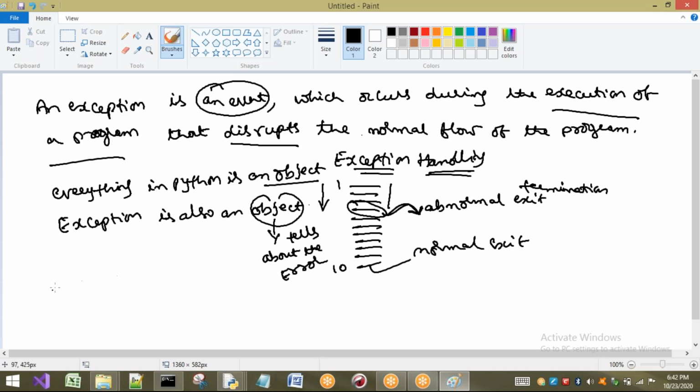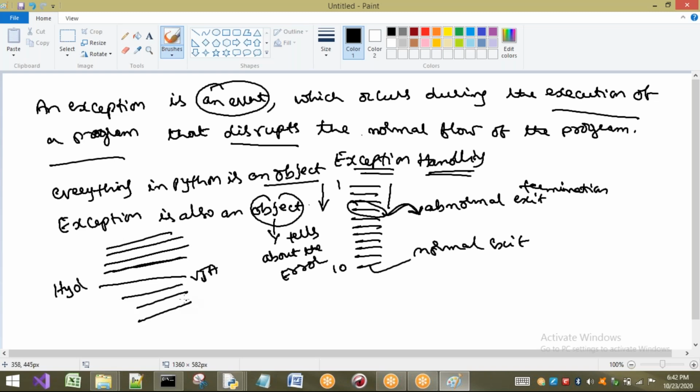Listen carefully. I am going from Hyderabad to Vijayawada. At least once a week, for example in weekends, I will go. The first time I went to Vijayawada, I came back. Second time, third time, fourth, fifth, sixth, seventh time. Observe here.